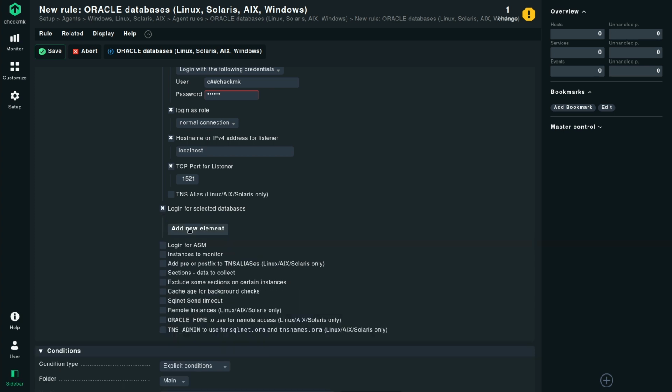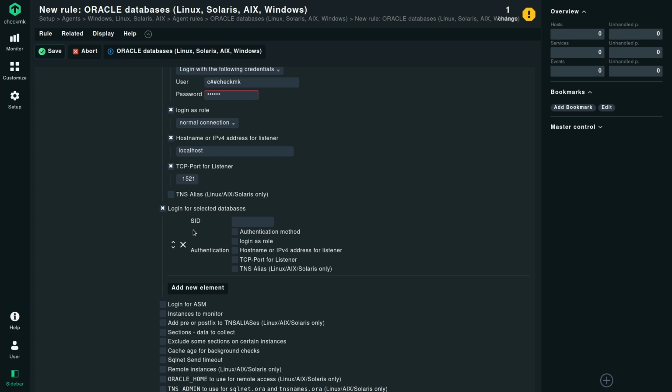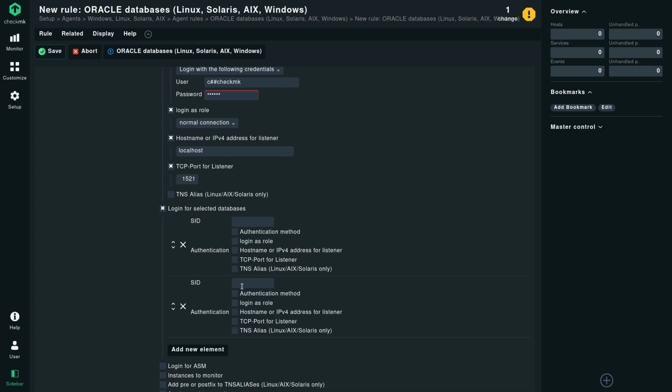If you have multiple databases and you want to define the authentication credentials for those SIDs, then you could also define it here. In my case, I just have one single database, so I will leave it as it is. But otherwise, you could keep on adding new elements and define the different authentication credentials for your different SIDs.